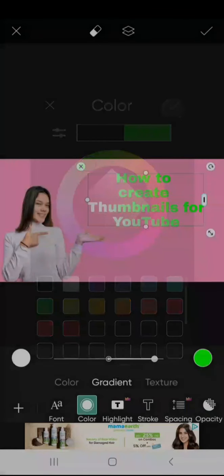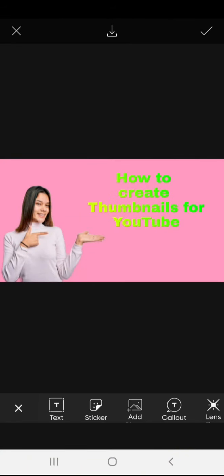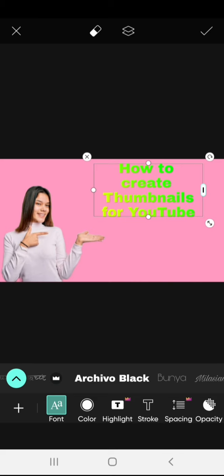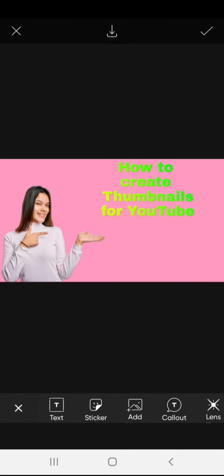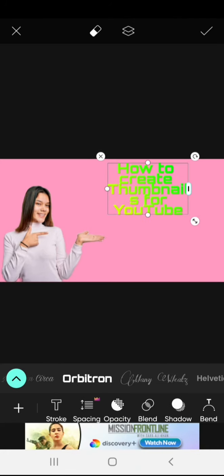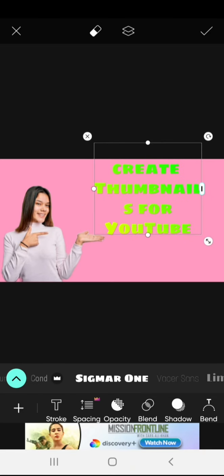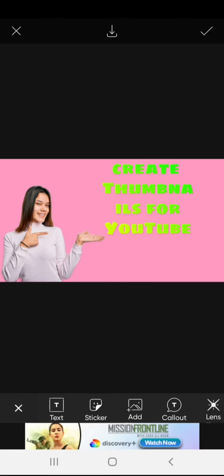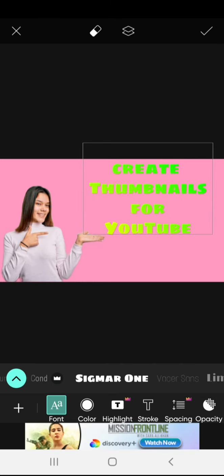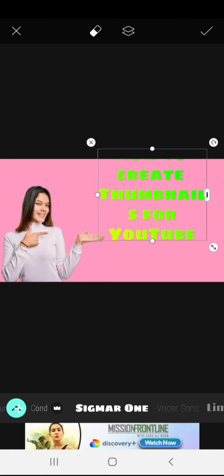Once you did it, select the color or gradient or whatever you want, and select the green color there, or whatever color you want. Okay, yes, this color. It will be very suitable for your thumbnail. Then you can take the fonts also, but don't choose the one with the held sign, because it will be invalid for this thumbnail.